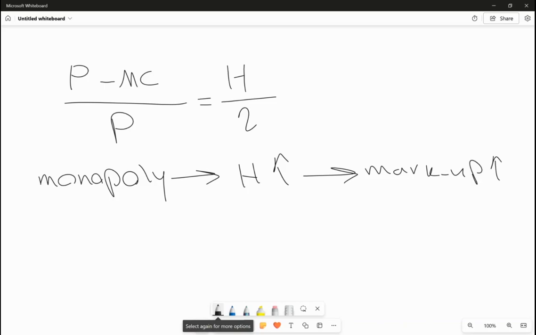If you remember, under monopoly we discussed that the monopolist, which is the only firm in the market, is able to restrict the output and raise the price to maximize profit. So under monopoly, concentration is very high, and that would cause the maximum profit for the monopolist. That means the markup is going to be high for the monopolist as long as the concentration ratio is high. But under perfect competition,